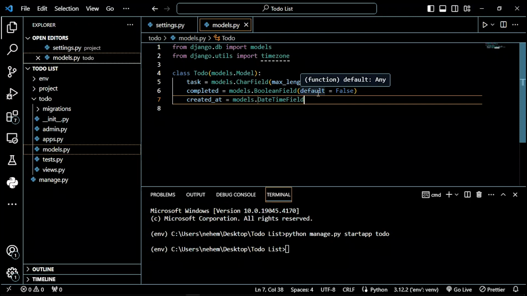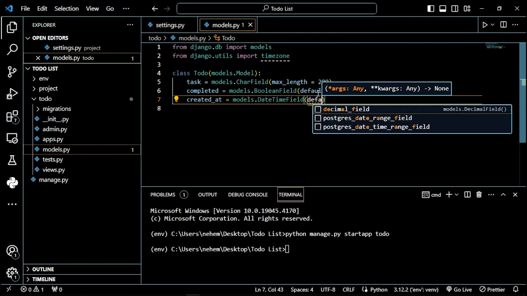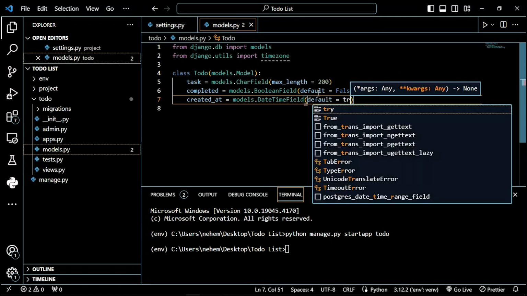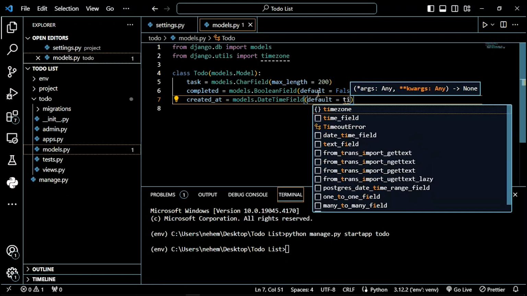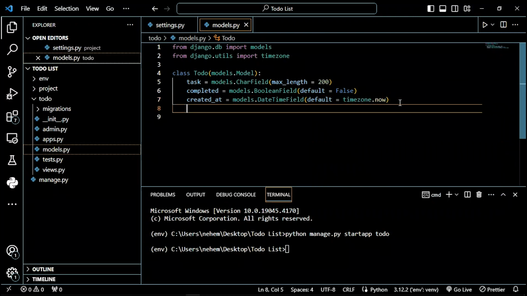So default, I'm going to use default. I think that's the spelling for default. I'm going to use timezone dot now, so that it can capture the current time. The current time, and then lastly due